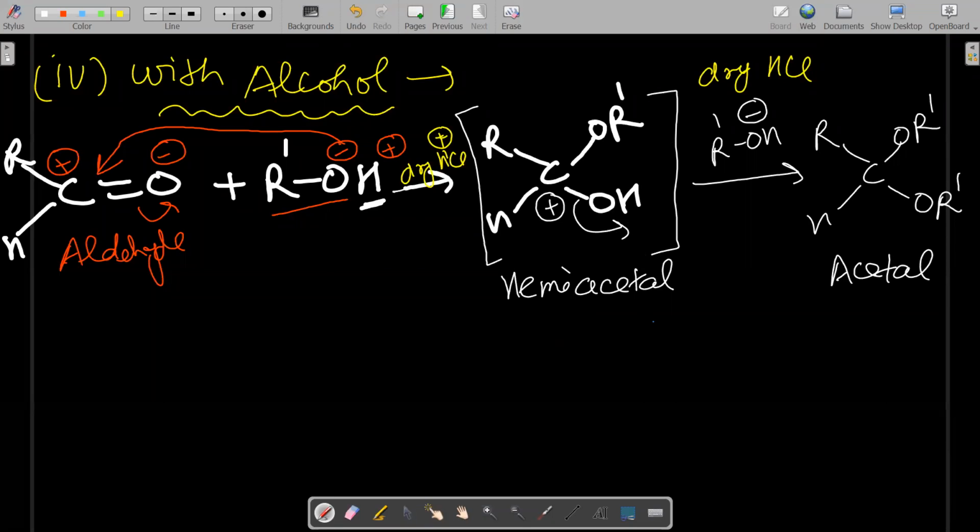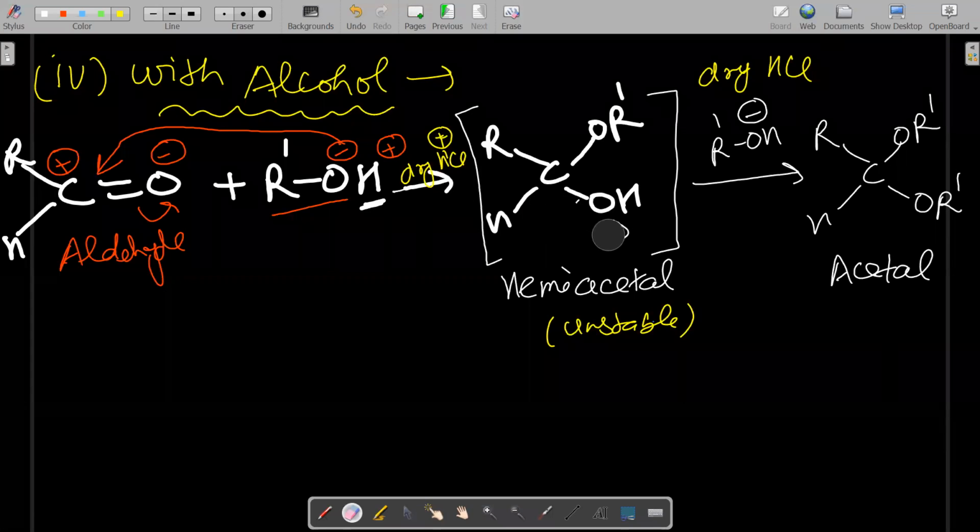Transition. Unstable. And why it is unstable, I already told. Is it okay? Why is it unstable? मैं यहाँ पे अलग से नीचे से एक बार दोबारा से लिख देती हूँ. Why is it unstable? Because what will happen? Protonation occurs over this OH. So what will be lost over there? Water. So what do you get as the product?